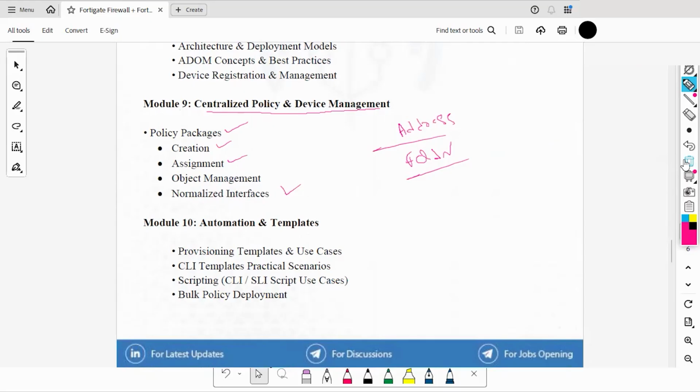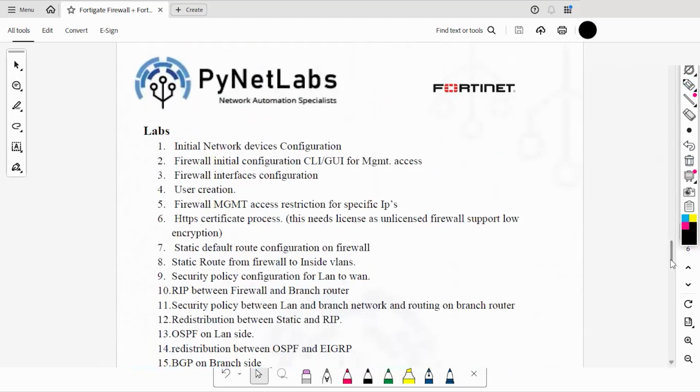We will understand that. After that, we will go with the automation and templates configuration in FortiManager, provisioning templates and use cases. If you have multiple firewalls, how can you use templates to deploy to multiple firewalls? After all the theory concepts, see, usually what will happen, suppose I am taking